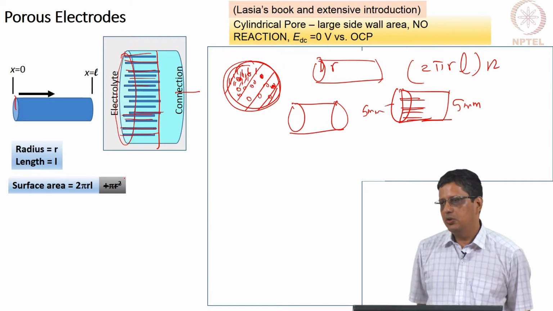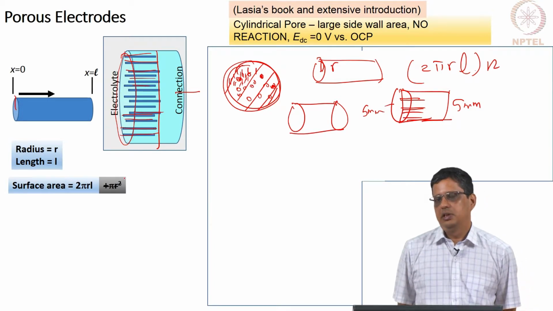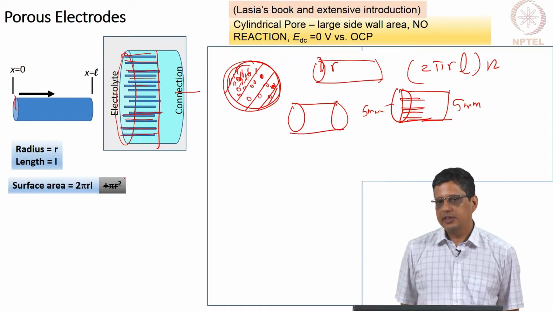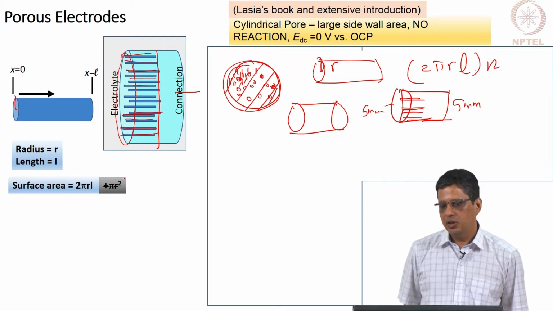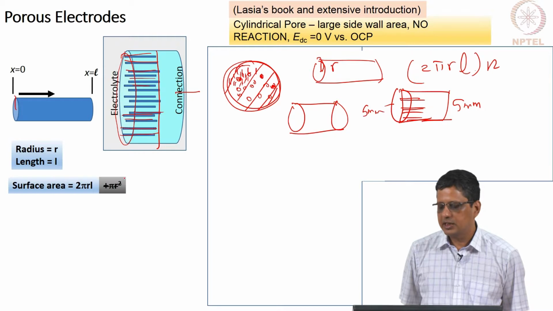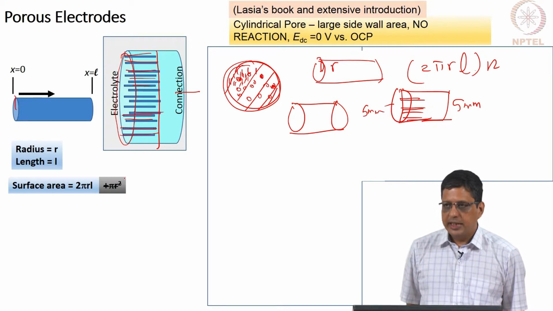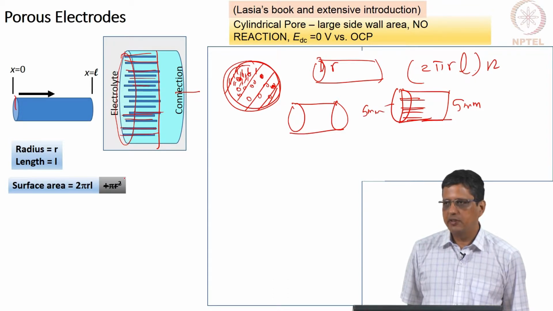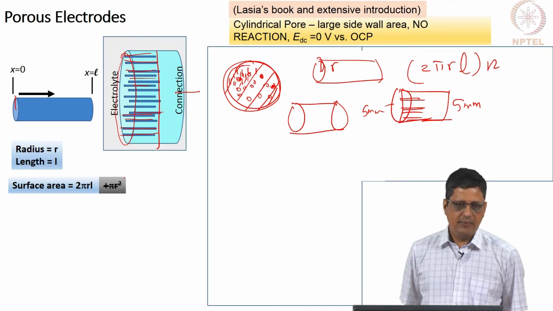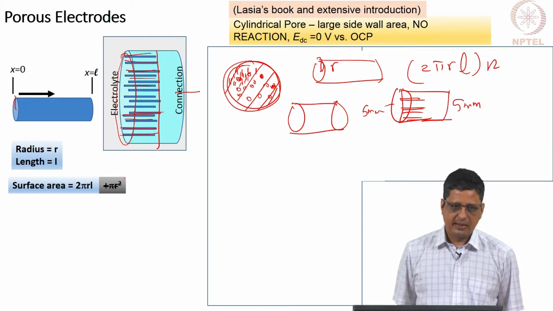So, what we want to do is find the impedance of a single pore, and then we can calculate the impedance of a number of pores and find the impedance of the electrode. We are going to make certain assumptions. There is no reaction here, there is only capacitance, double layer capacitance associated with the solid liquid interface. We are not applying any DC bias. Even if you apply DC bias, there is no DC current.